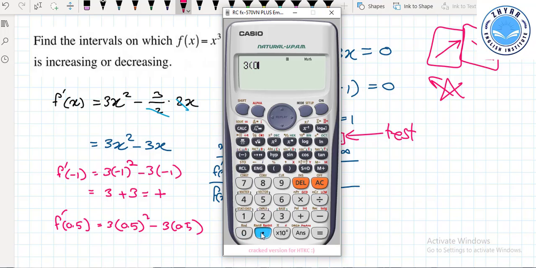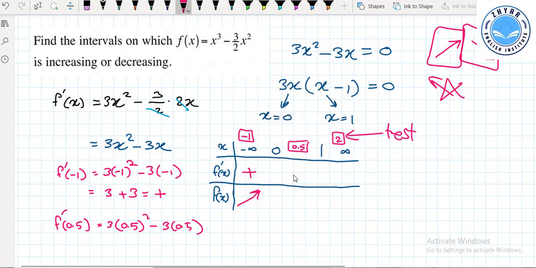3 times (0.5) squared minus 3 times 0.5. The answer is negative, so the function in this interval is decreasing. And after that, for 2, it's going to be 2 squared times 3, 12. 12 minus 6 is going to be positive, and positive is increasing. Now, if we write the intervals, interval of increasing